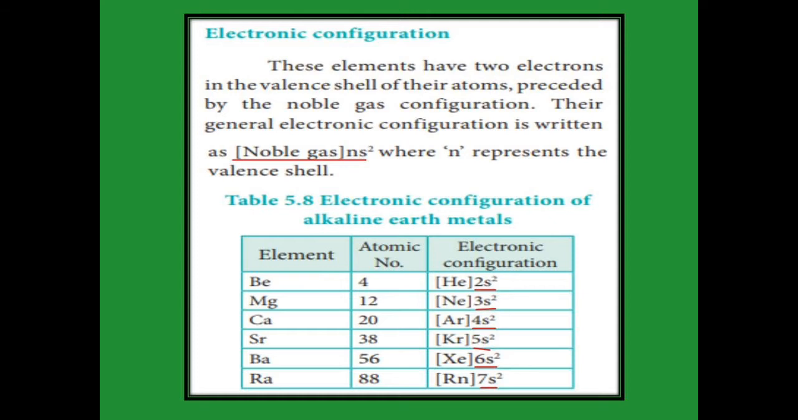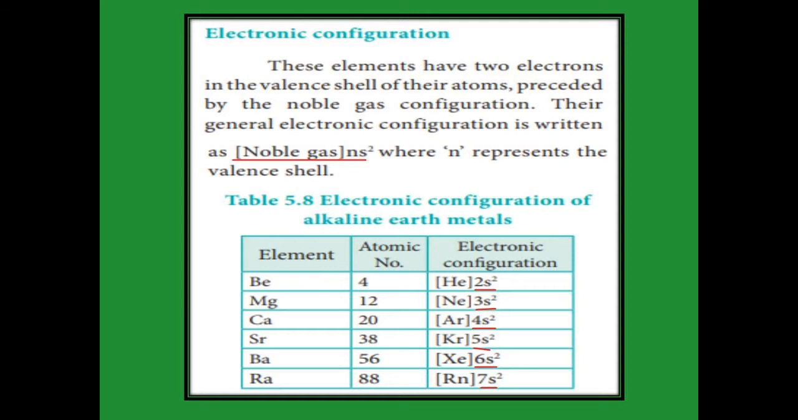Electronic configuration of alkaline earth metals. The general electronic configuration is the noble gas configuration along with ns2, because the last two electrons are present in the s orbital. The n means the valence shell. See, in beryllium the last 2 electrons enter the 2s orbital, and in magnesium the last 2 electrons enter the 3s orbital, calcium 4s orbital, strontium 5s orbital, barium 6s orbital, and in radium the last 2 electrons enter